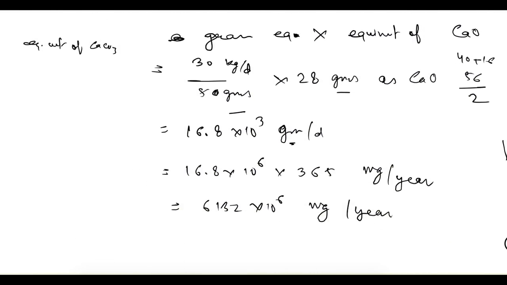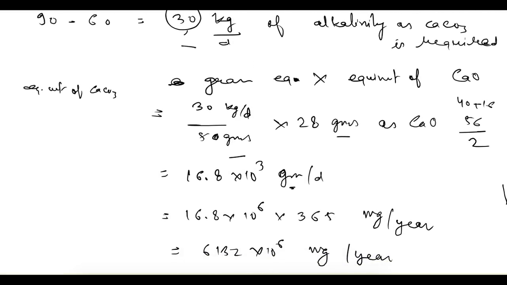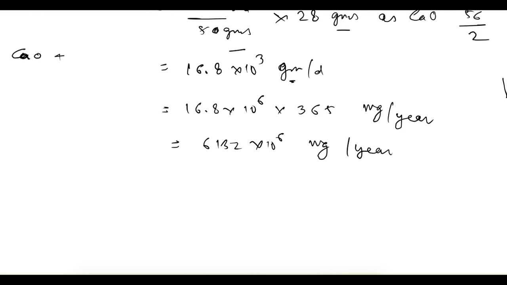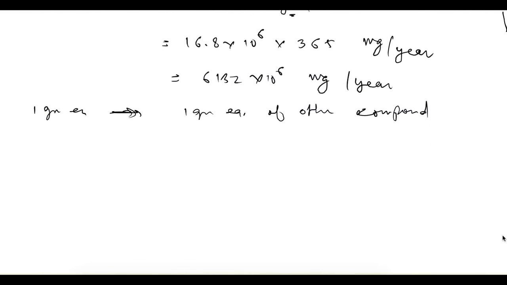Otherwise also you can solve these kinds of questions, but for that you have to remember the chemical equations. I don't know the chemical equations, so I prefer converting things into gram equivalent, and that way you can find out for anything. As I also mentioned in alkalinity, 1 gram equivalent of one compound will react with, or be equivalent to, 1 gram equivalent of another compound. That simple logic is applied here also. So this way you can solve these kinds of problems. I hope you understood this. If you have any doubts, please ask. Thank you.